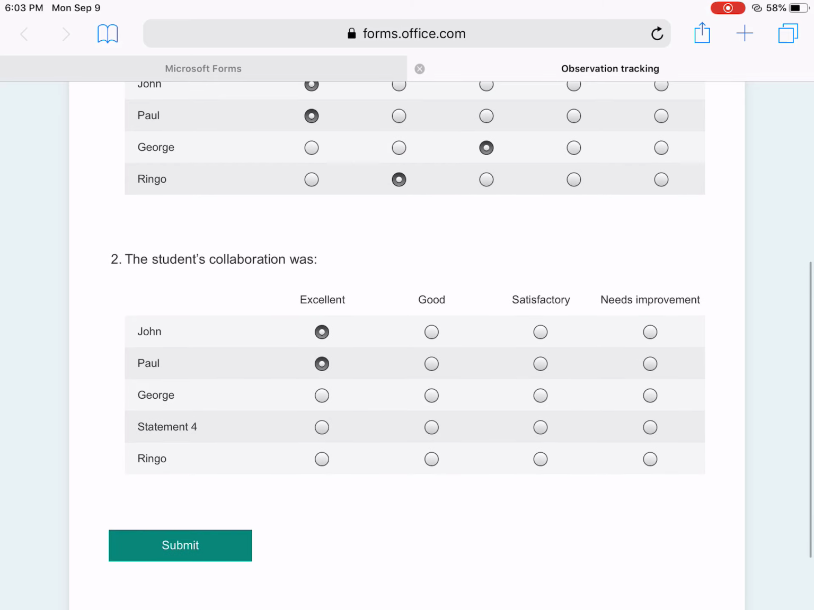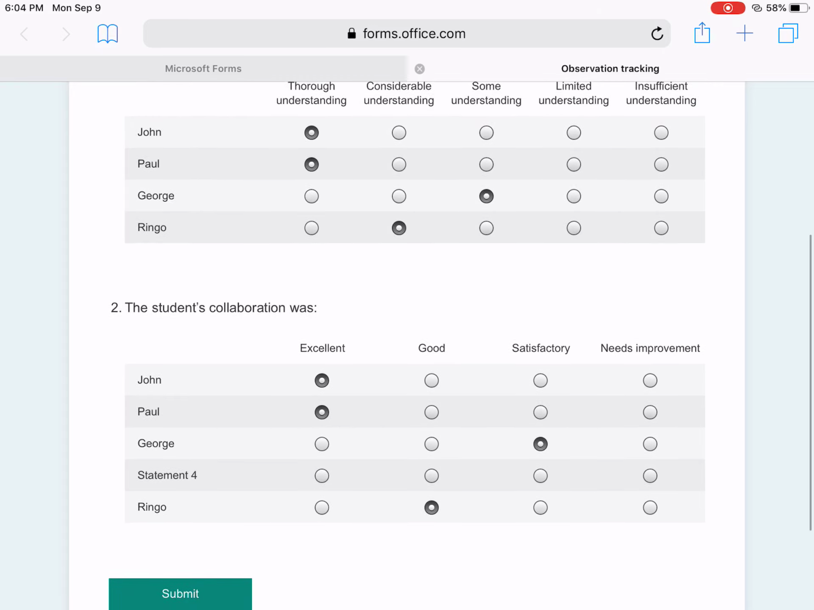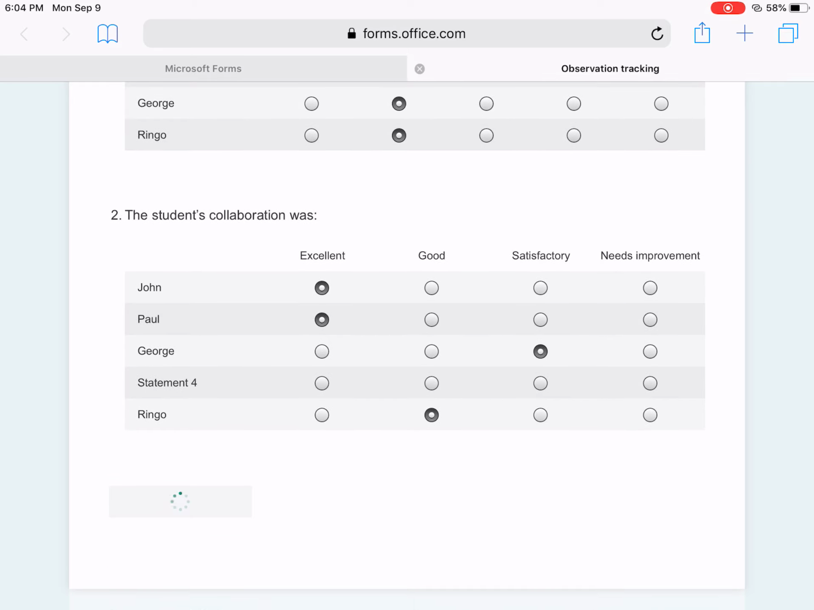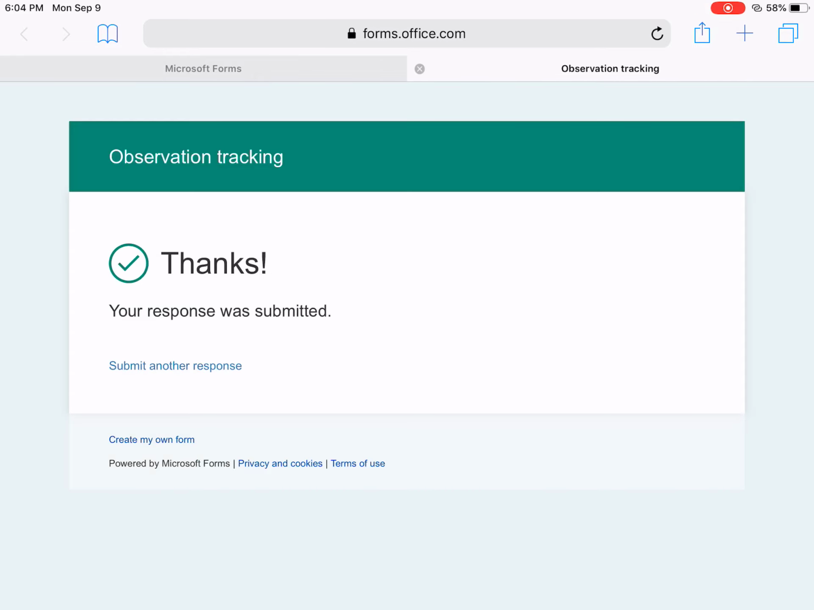John and Paul collaborated really well, at least in the early years, so let's put them there. And I can say George was satisfactory, Ringo was good. I can even go back and say, you know what, on second thought, George demonstrated considerable understanding, and I can hit submit. Okay, so what that does, if I go back here,